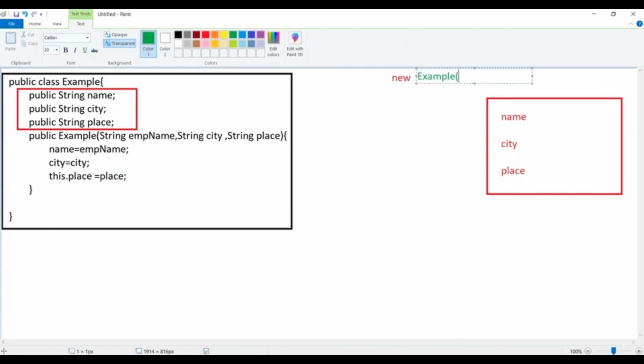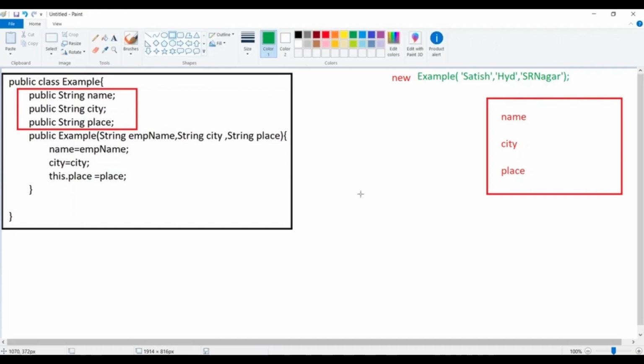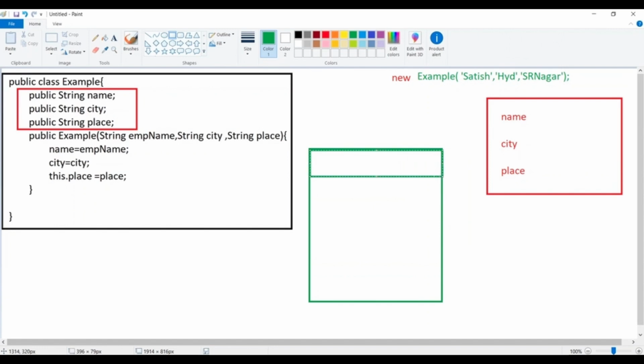In the constructor, I have... now the moment I say constructor is invoked, then look at the constructor. When I have the constructor here,